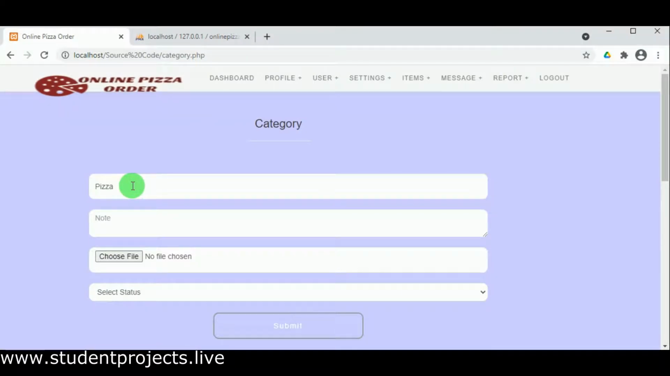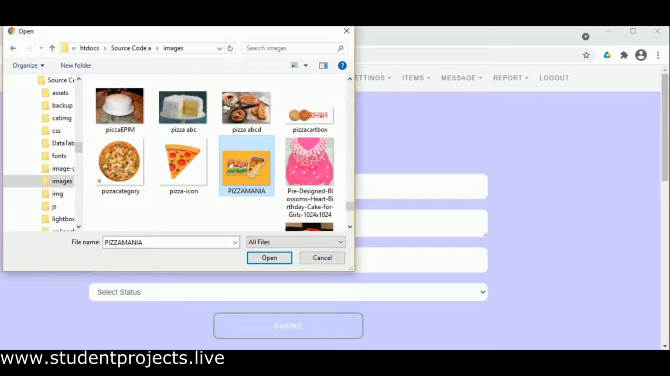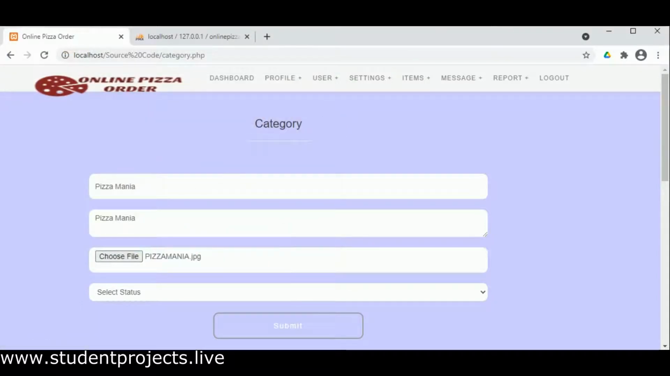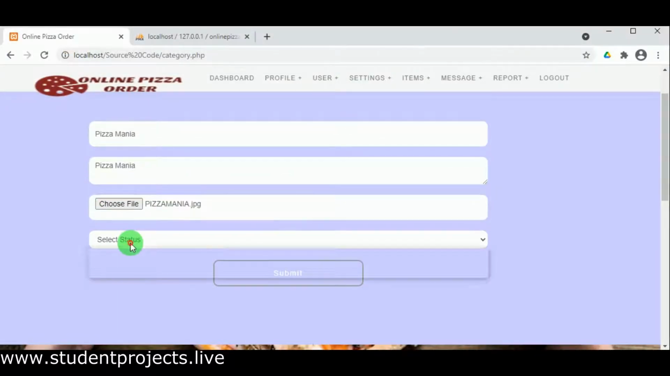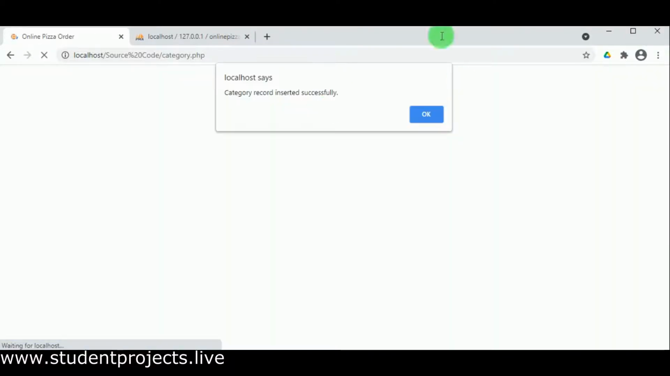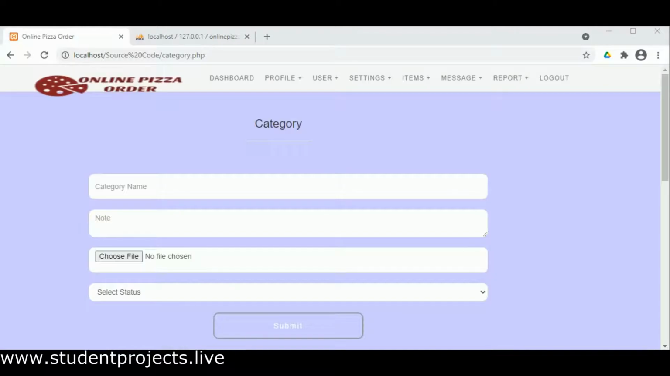Under add category, here the different categories of the pizzas can be added here. To add the categories, the admin must mention the category name, then the note, and the image must be selected for that particular category. Then the status must be selected as active, and on clicking on submit,